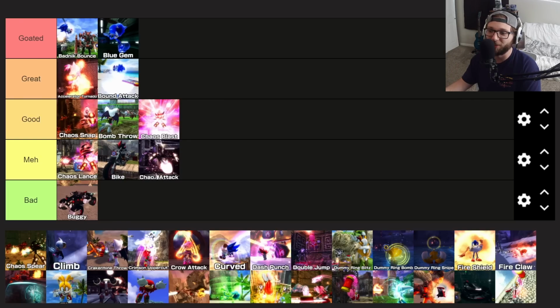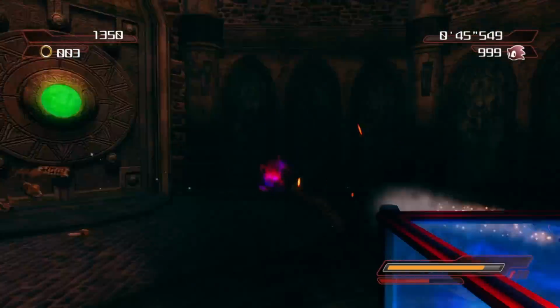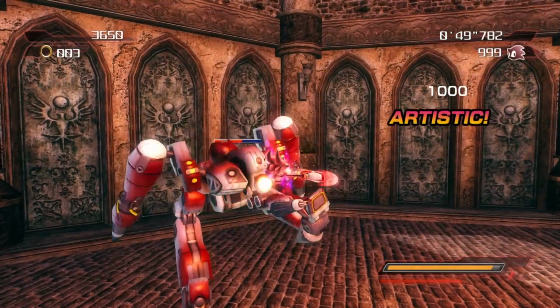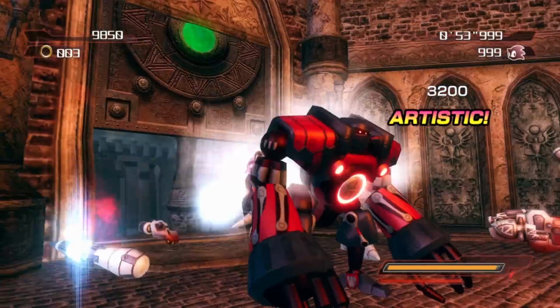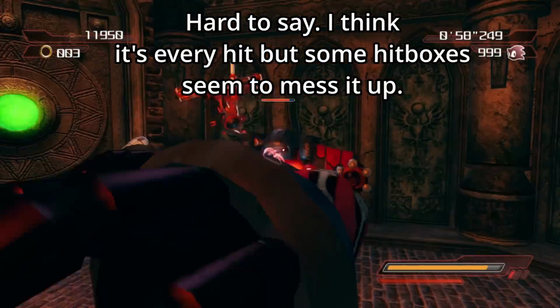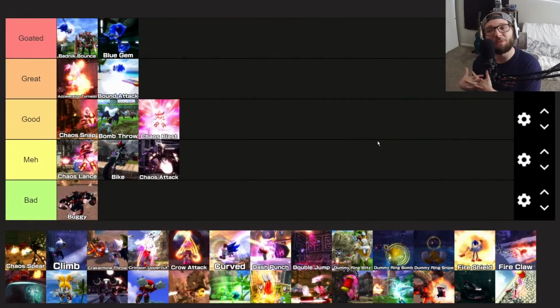The one where Shadow, the one I put right here, is worse than the regular homing attack. However, I don't remember if it's every hit. I'll put something on screen, but I don't remember if every hit he does 2 damage instead of 1 damage, or if it's only on the last hit of the enemy he does 2 damage. But the Chaos Snap really kind of makes the Chaos Attack viable, and that kind of just says worse about